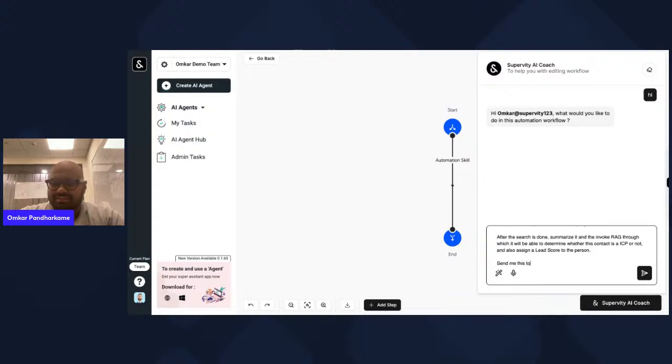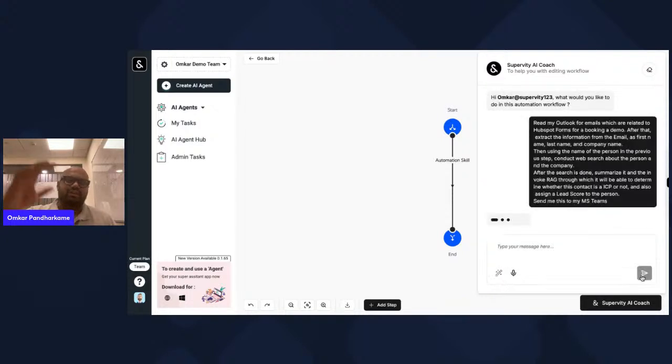Send me this on my MS Teams, right? This is your programming, guys. This is how you literally build an AI agent in 2025. I send a message, I give it 30 seconds, and I wait.